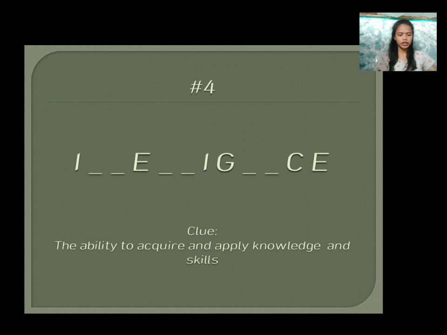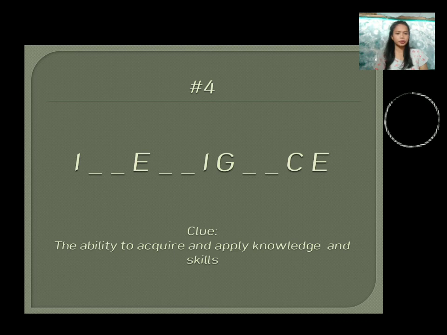The clue, the ability to acquire and apply knowledge and skills. The timer starts now. The answer number 4 is intelligence. Number 5,